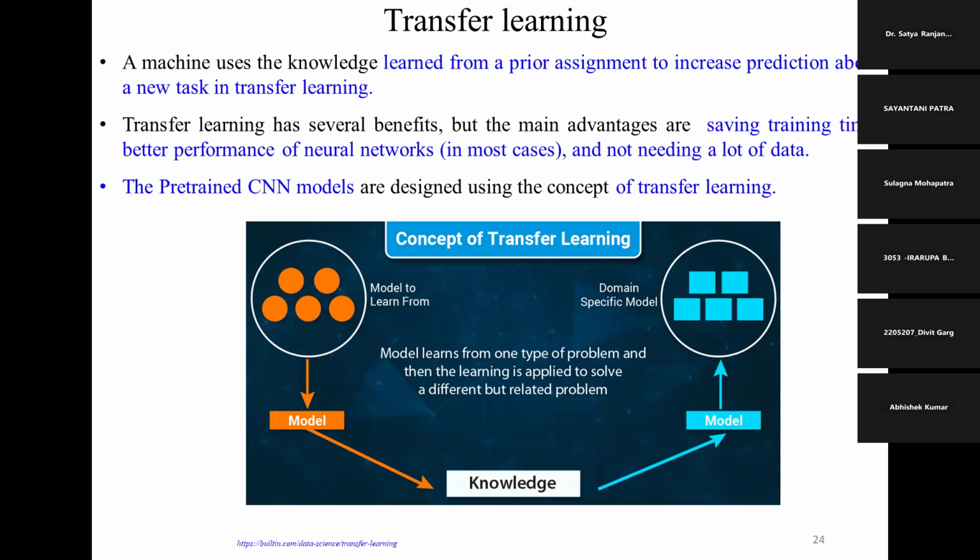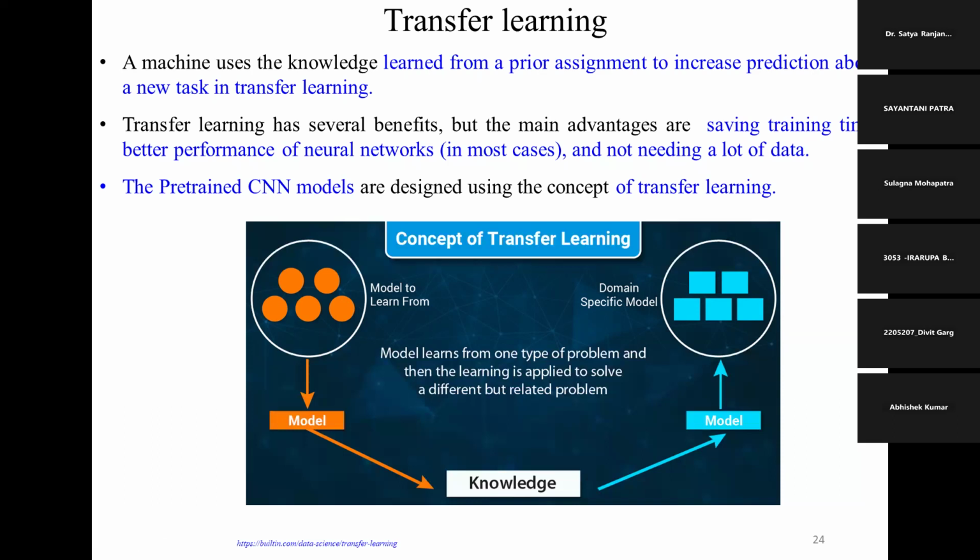Some people want to do everything from scratch, like buy the land and make the house. Some people say, why take that burden and botheration? We can just buy it from the enterprise, so that we need not do this much labor. That is the concept of transfer learning: somebody has already made a model for some images and concepts and frozen that model.